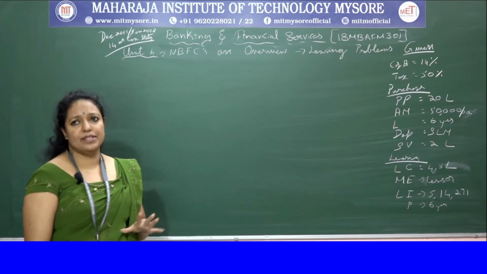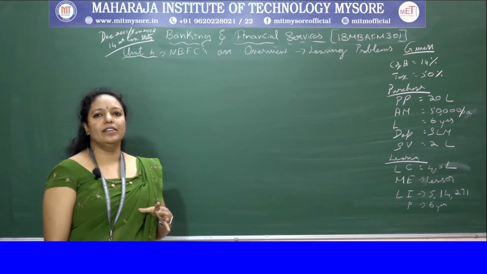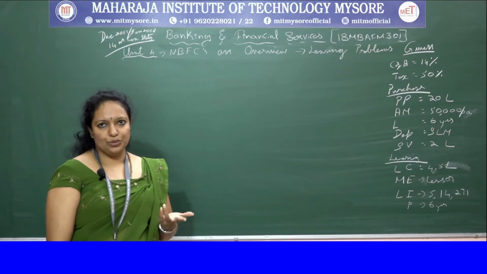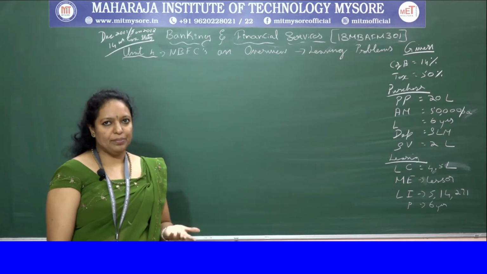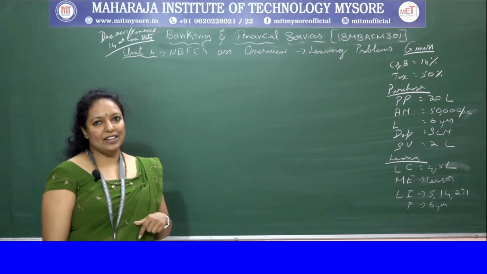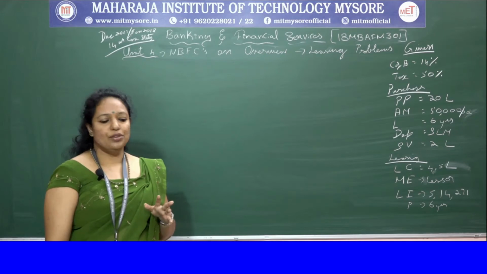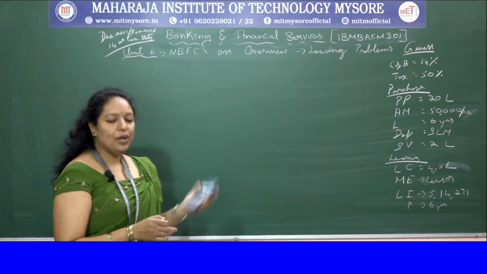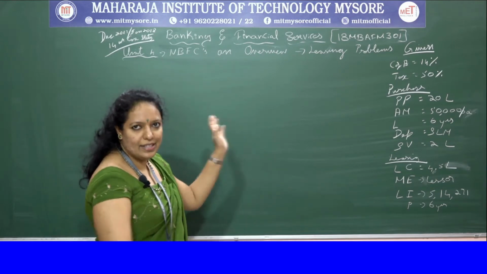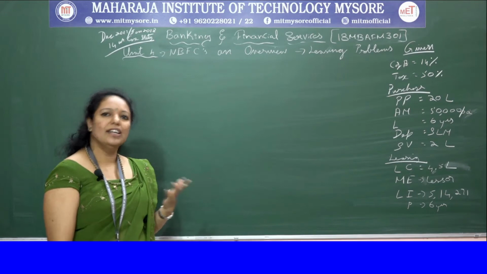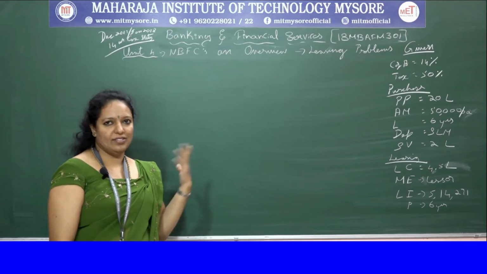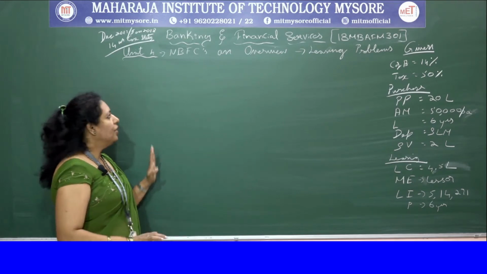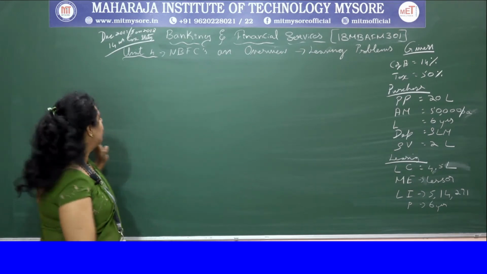Here one thing you can observe is that they have not given the present value interest factor values. So either you can take them from the table or you can calculate them on your own. If you want to calculate them on your own, I'll show you how when the problem comes, at the side. Even in the previous problems I've taught you how to calculate. But let me teach you all about it. So let's begin with the first option.